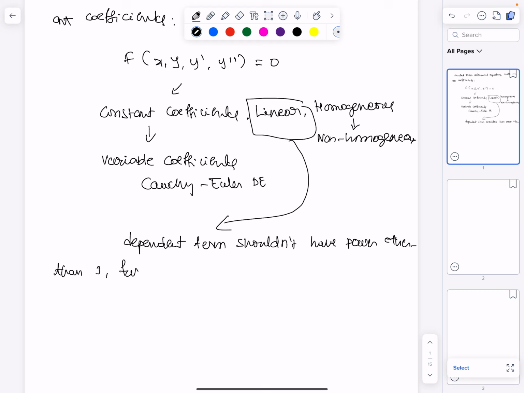Further, the dependent term shouldn't appear as a multiple of the dependent term